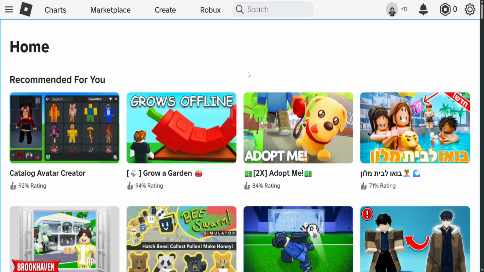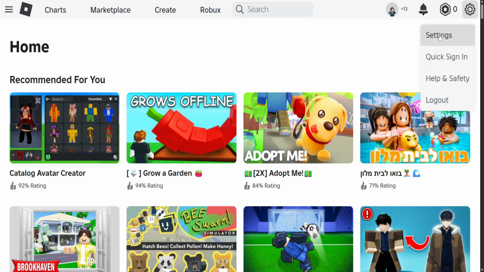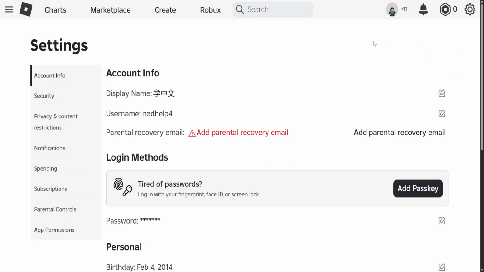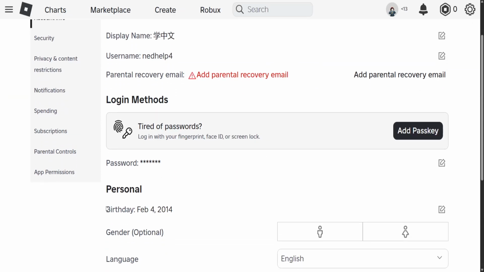How to change Roblox age to 13 plus. You want to sign into your Roblox account and click on the gear icon in the top right and go into settings. So from here, you want to scroll down until you see your birthday and click on the pencil